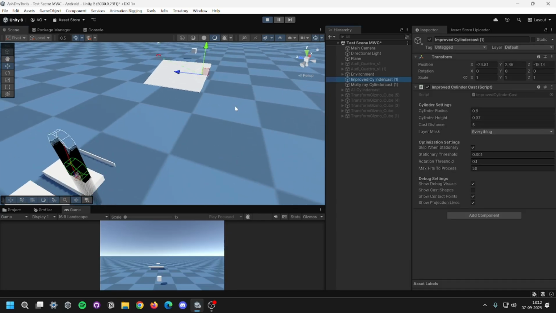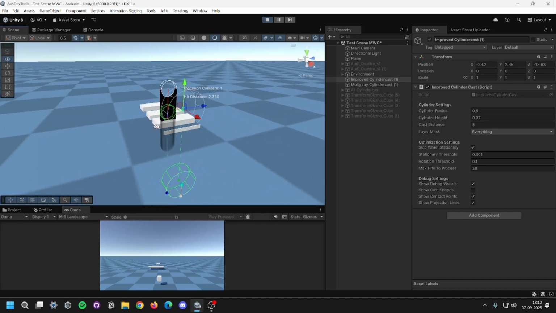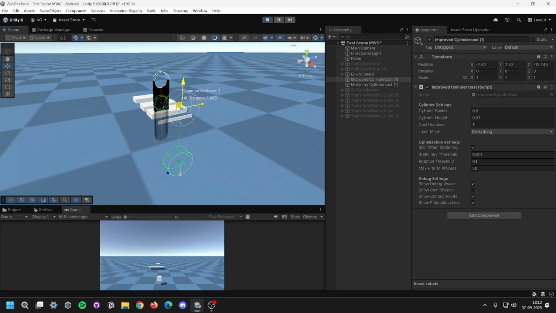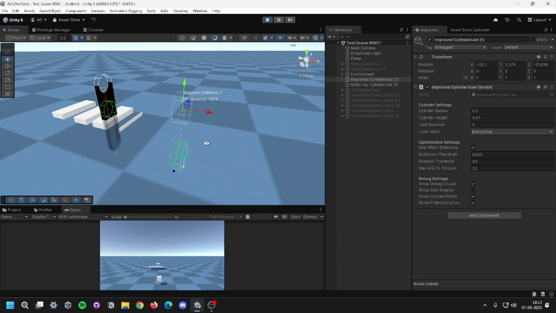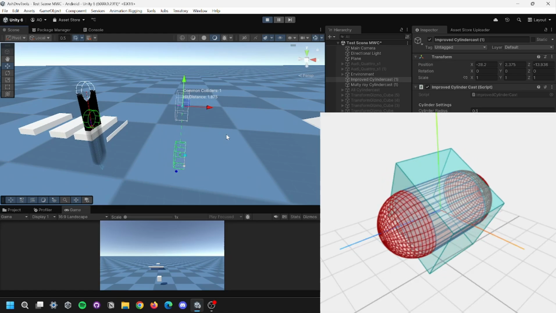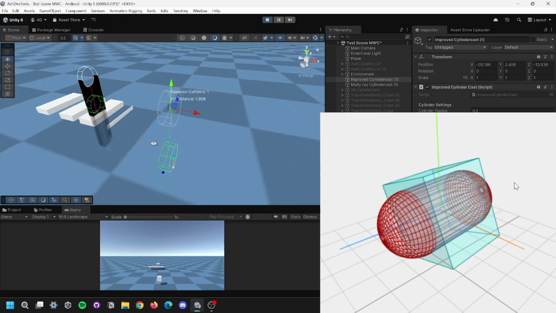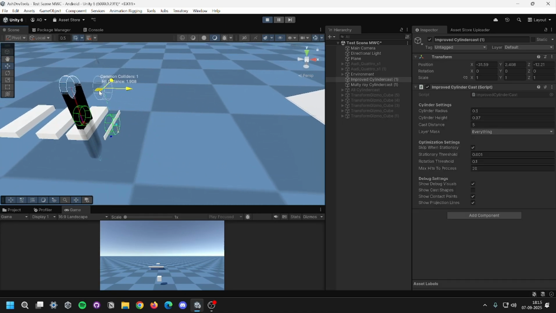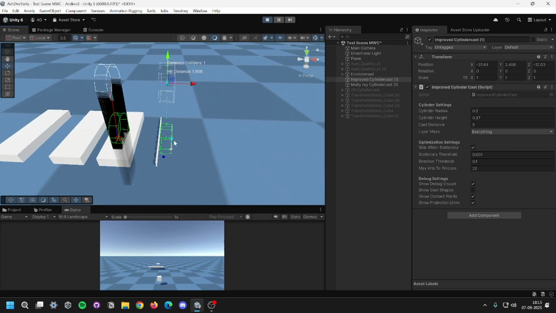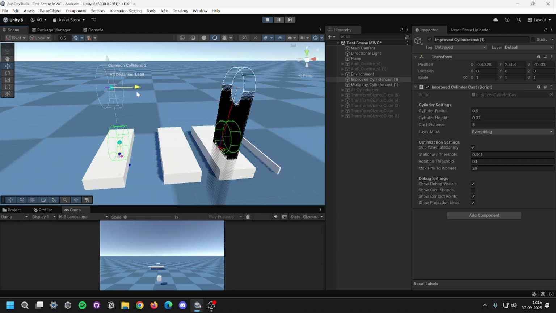Let's see a different approach, which is the most reliable solution I have found till now. This is a combination of capsule cast and box cast, so the intersection between the two. So it works for all the cases. As you can see here, it does work, right?